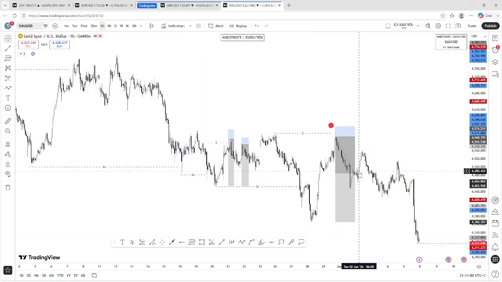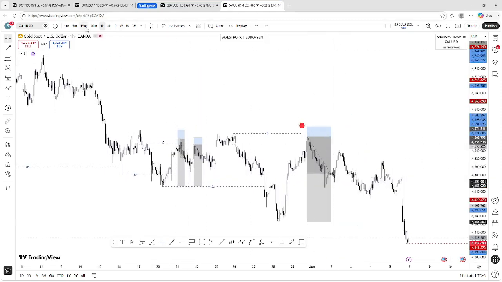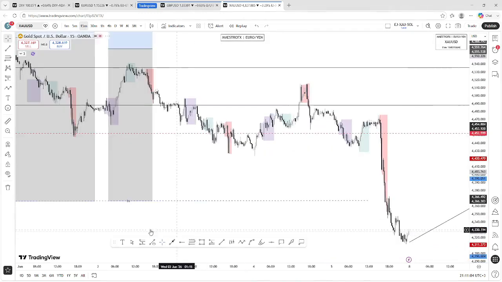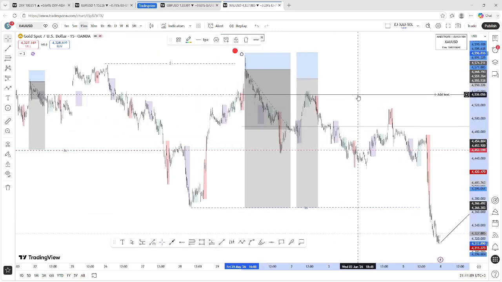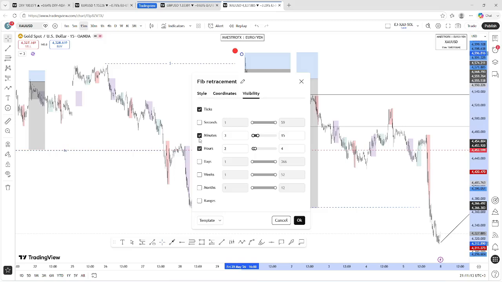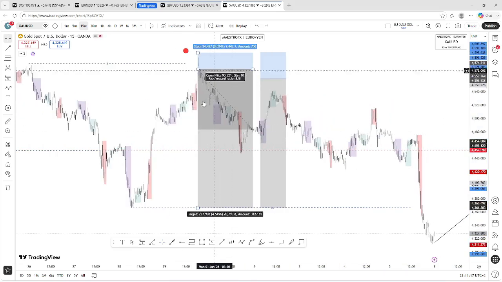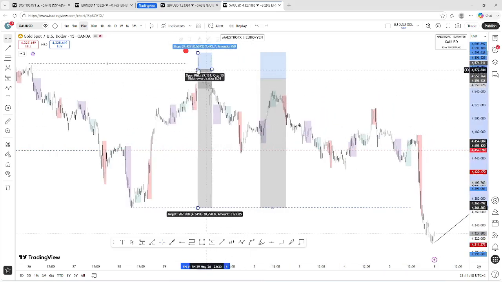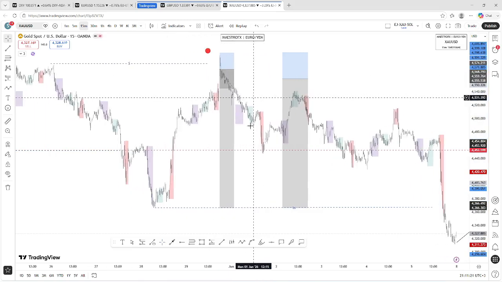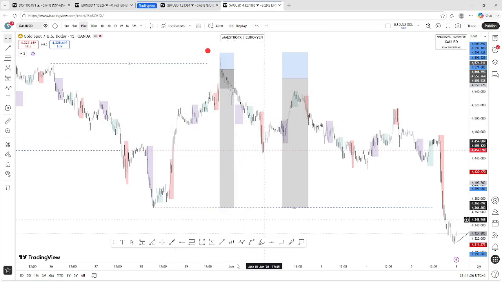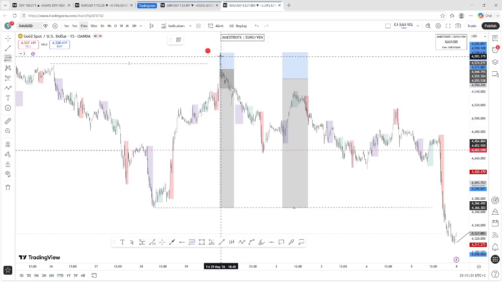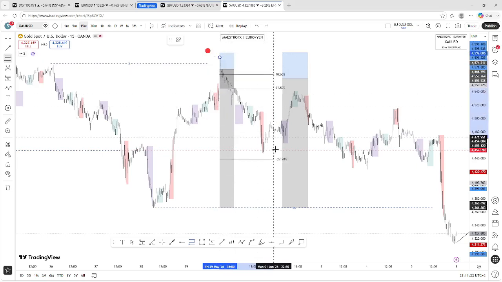Yes, on Friday, I think on 15 minutes, yes, on 15 minutes, we have a clear picture. Let me remove this. Yes, you can see that this was on Friday, and as usual, after every dump, and this was the last break of structure, I was anticipating again for price to correct to at least again